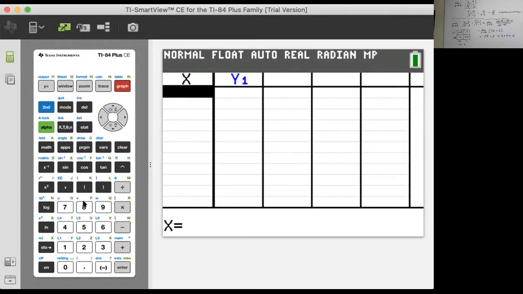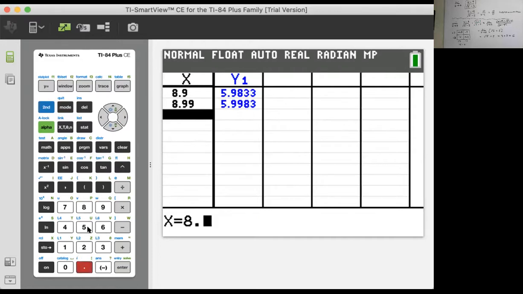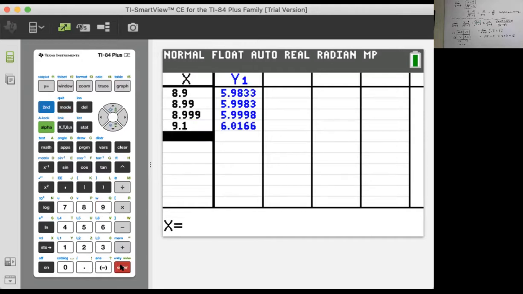So 8.9. 8.99. Could you believe that from the left we're getting closer and closer to 6? Sure looks that way. And from the right, 9.1, 9.01, 9.001. And you certainly can believe that's getting closer and closer to 6, which makes us feel pretty good about our